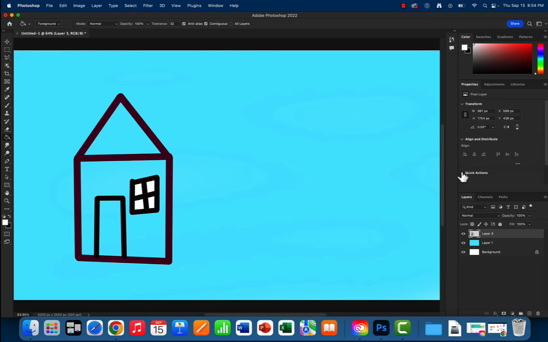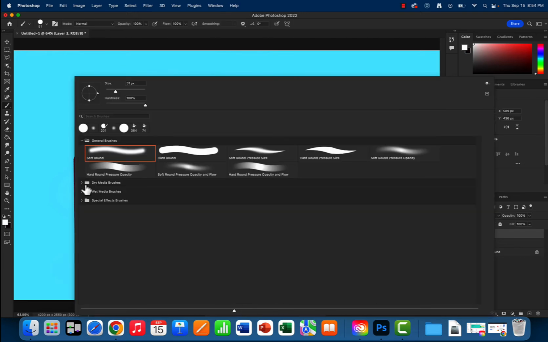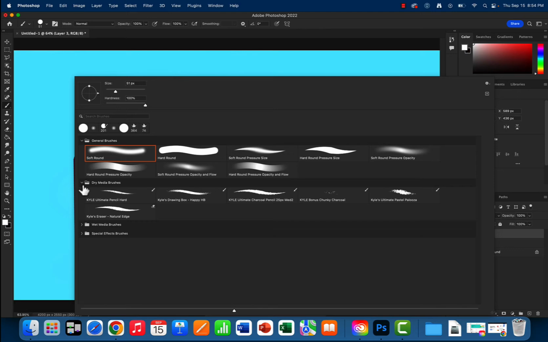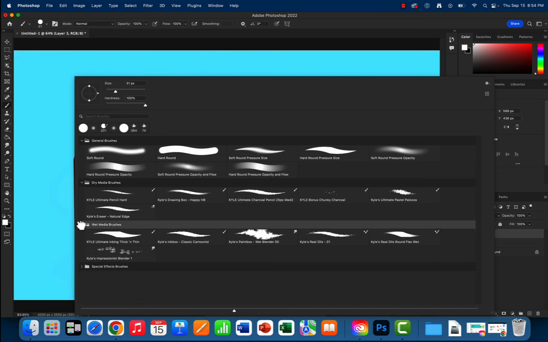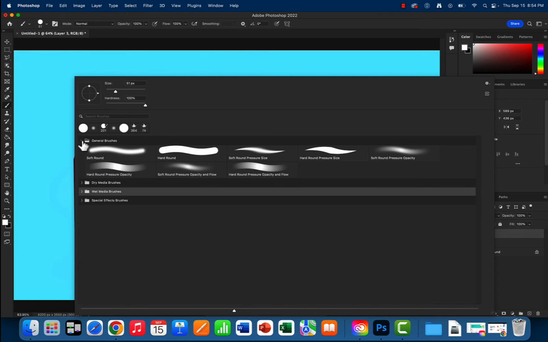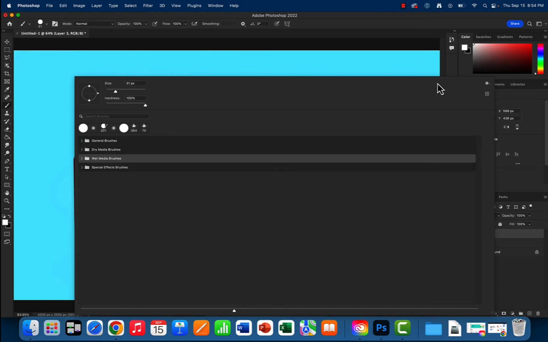Great. All right. So here's what I know. That's all well and good. I'm going to press B. I'm going to right click. And I can see that we've got a number of options. If I open up this folder, we've got Dry Media Brush, Wet Media Brush, and then Special Effects. We're going to stay out of Special Effects right now. In fact, we're going to stay out of all of these brushes. And instead, what we're going to do,